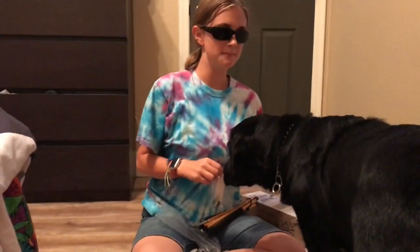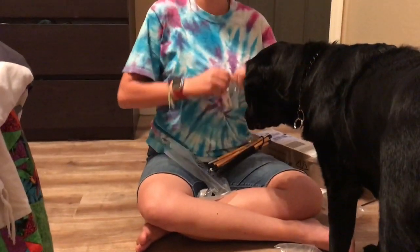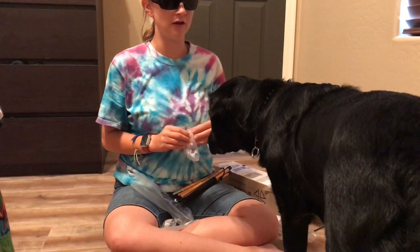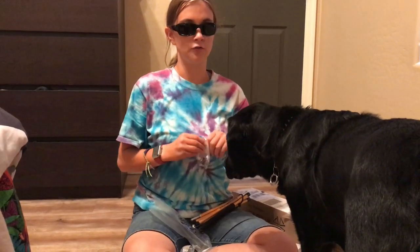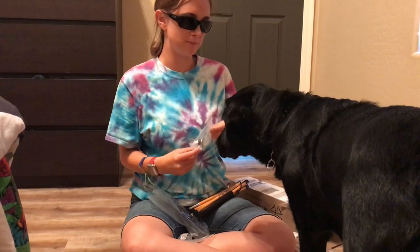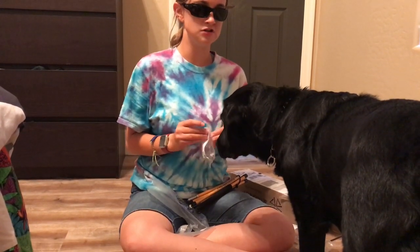This is a metal tip. I liked the NFB folding canes. They're just super fragile because they're made out of carbon fiber. And this one's graphite, so it's a little bit more durable. But I like the feel of the NFB folding canes, and they had the metal tip. So,